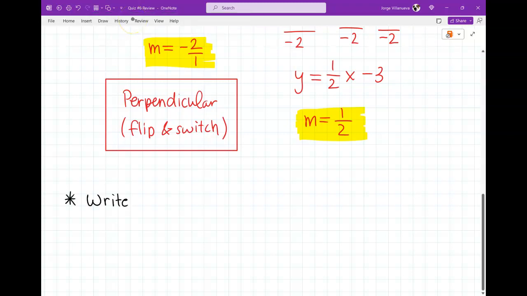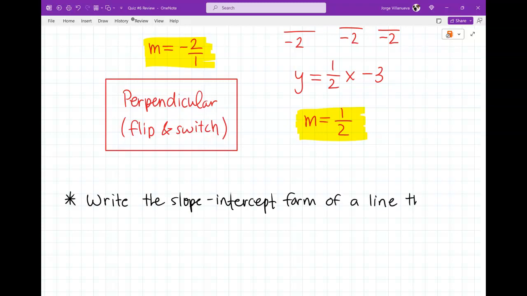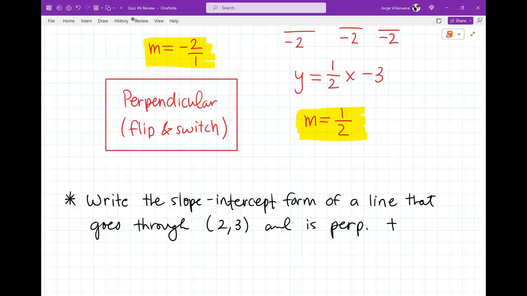So write the slope... I'm sorry. Well, I guess I could write that. Write the slope-intercept form of a line that goes through, we're only doing one of these, okay? That goes through, let's say, (2, 3) and is perpendicular. Notice I'm going to write it the way your test is going to put it. It's going to say perp. And is perpendicular to